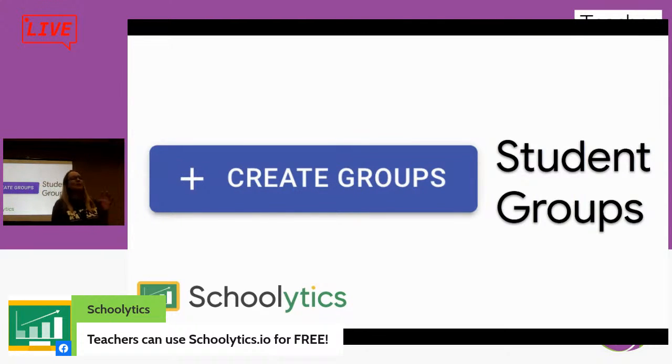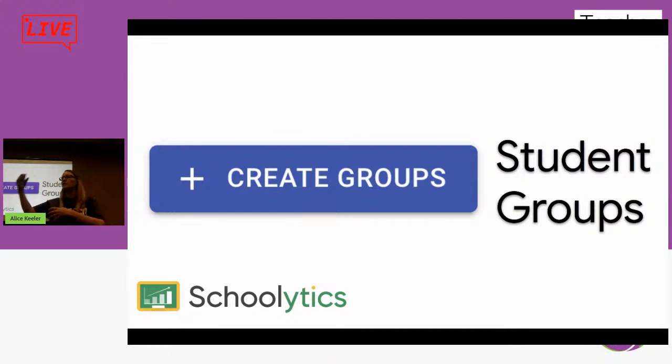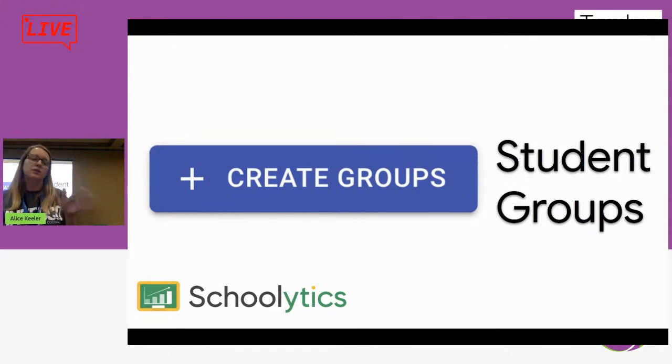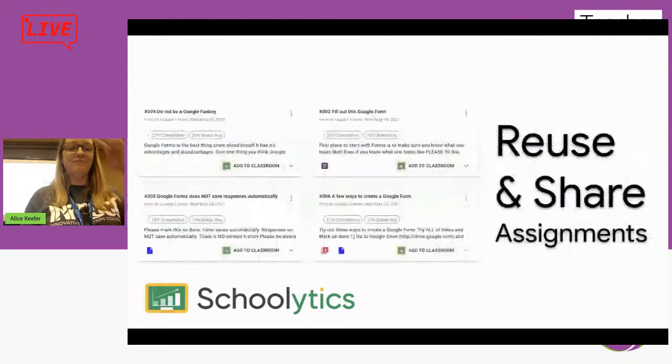But you can create student groups so that you have a certain group of students that you're wanting to keep track of, follow up on. You don't have to redo the filter every time. That is a brand new feature, and there are a couple of little tiny glitches, maybe. I think they probably fixed them. But as someone who codes, if you fix one thing, you break 5. But we have really great people who will listen if it's not working.